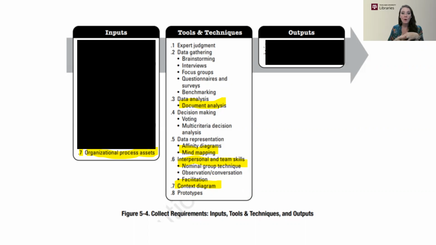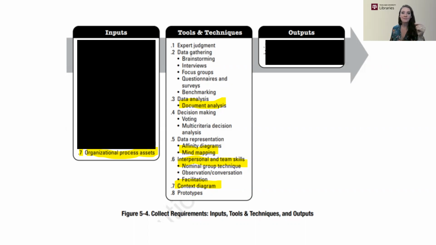And so in collecting requirements, some of the assets that exist might be the policies around IT security, if you're doing a data science project, policies around storing data and how you store data. What software already exists on campus is an asset, an organizational process asset that you could include as a requirement. So if you have free access to SPSS and free access to learning SPSS, that might be an input into your requirements, that you decide you want to use that software since you have access to it